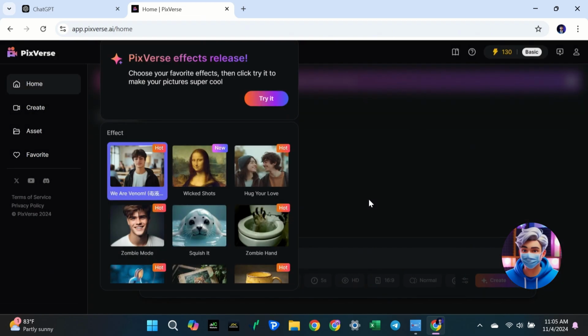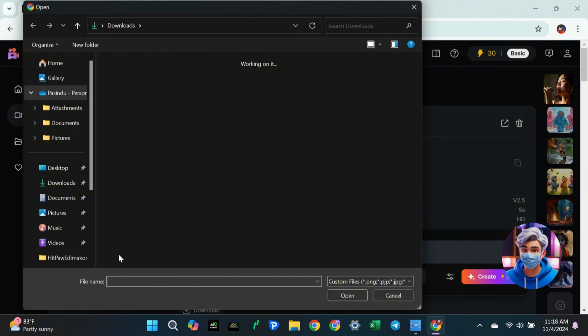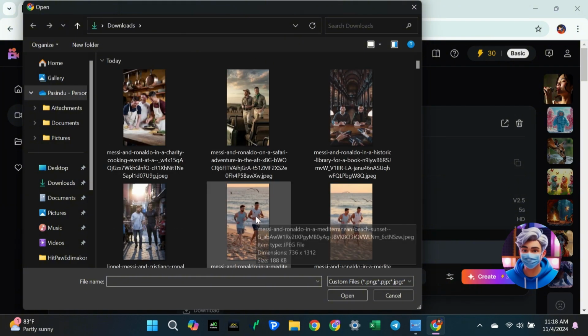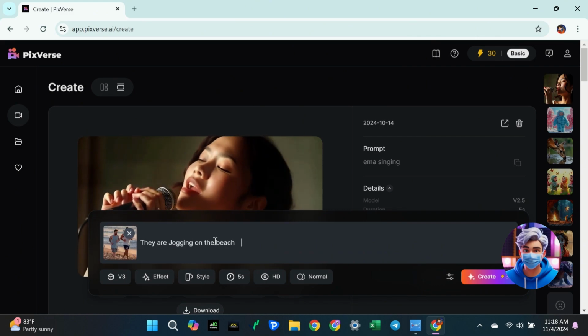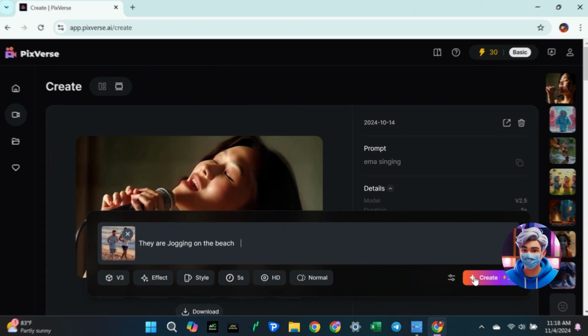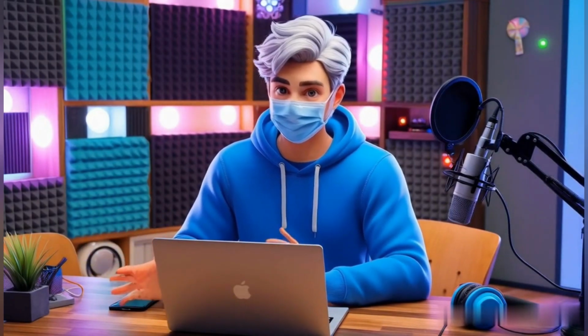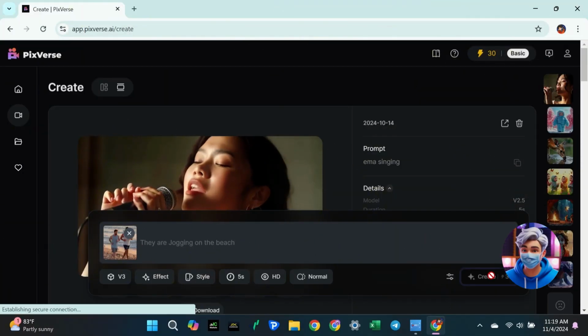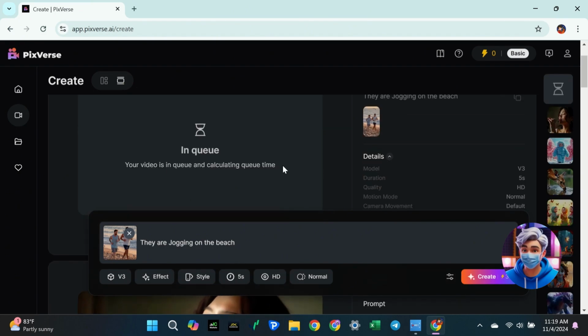Once you're logged in, look for an icon that looks like Image. This is where you can upload the images that you downloaded before. Click on it, find the image you downloaded, and upload it to Pixverse. Next, it will ask you to add a short description of your image. This description is important because it helps Pixverse create the animation style for your video. After you click on Create, Pixverse will work its magic, and in just a few minutes, it will create a